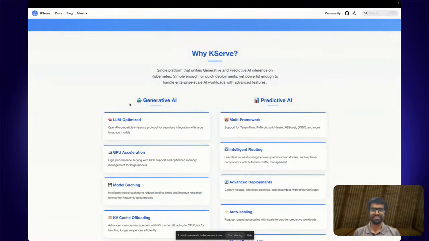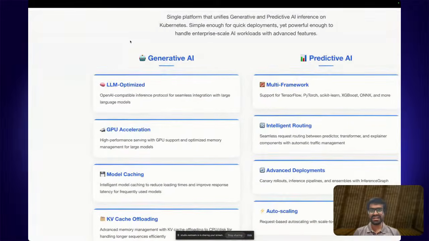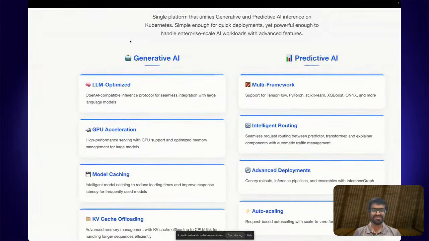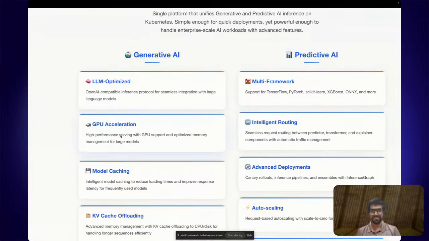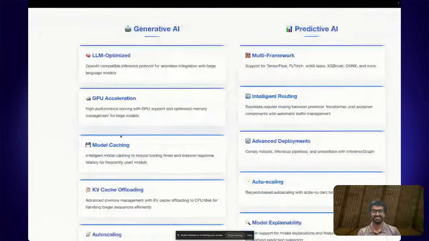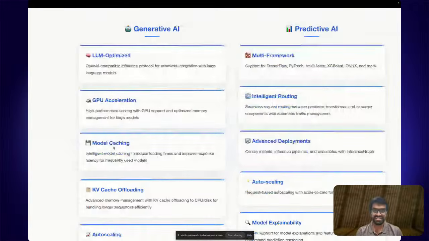So that's pretty interesting. And the good thing here is that, of course, with AI models, you want them to have GPU acceleration. That is why I wanted to talk about that DRA aspect. And then you can get things like model cache, especially if you're trying to reduce the loading time. Rather than having to download the model again and again for every single request, you can cache the model locally, and this reduces the loading time and gives you instantaneous responses.